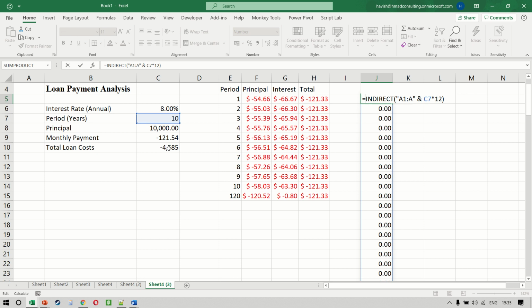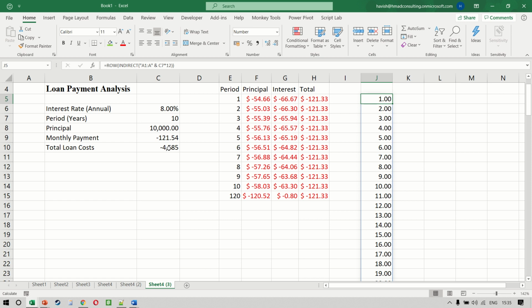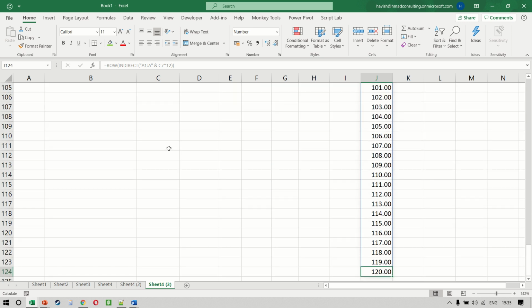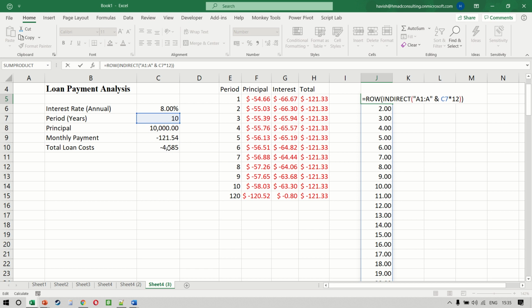Which means that if I say ROW, you notice it gives me a list of numbers from 1 to 120. As you can see, by using a combination of ROW and INDIRECT, we have managed to create a sequence of numbers from 1 all the way up till the NPER, which is the last payment. And now this is the part that we can use inside our IPMT function. So I'll simply copy this